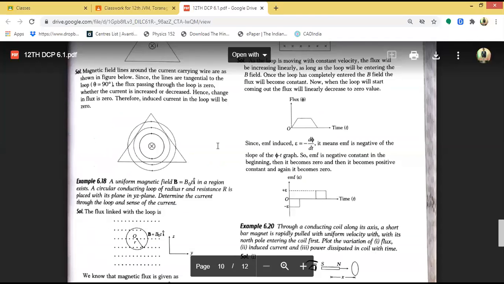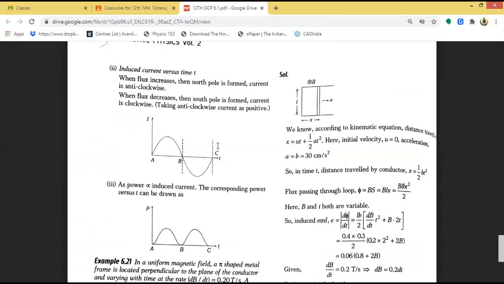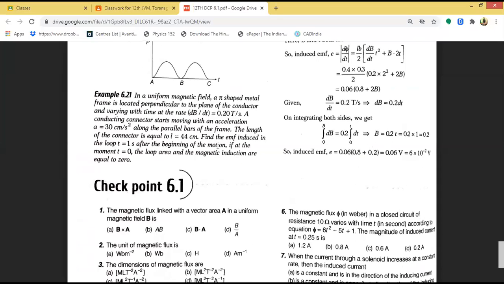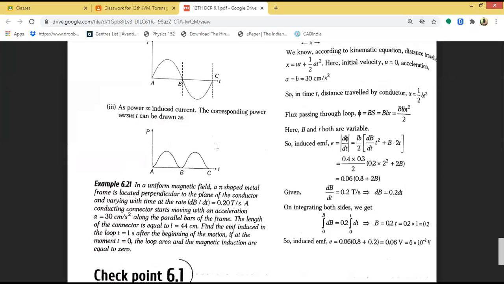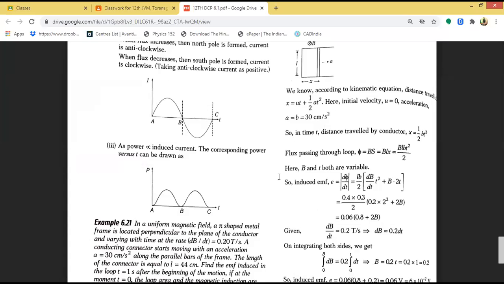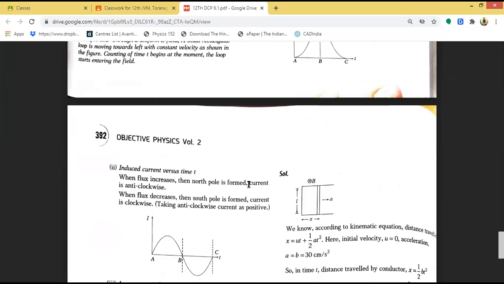और किस में डाउट है? 6.1 एग्जांपल्स एज वेल एज स्टेटमेंट. पहले एग्जांपल्स में पूछो. एग्जांपल्स में 21 एग्जांपल्स. अगर एग्जांपल्स में कोई डाउट नहीं है तो नॉट डिस्कस इट अगेन. कोई डाउट है एग्जांपल्स में? पहले 6.20